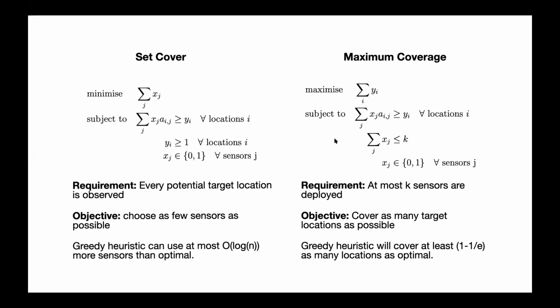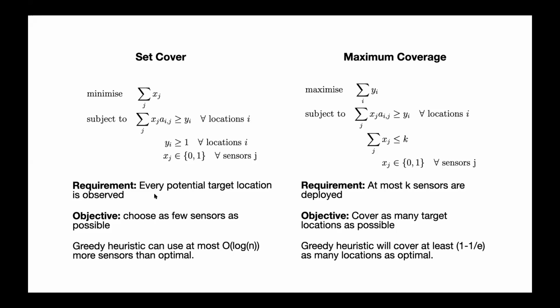So once you've done this, you can imagine you have a set of discrete locations that you want to detect your transmitter from, and a set of discrete locations you can place your sensors. And then you can write down these two optimization problems, depending on what you're after. So one over here is the set cover problem. Here, the requirement is that every single location be covered by at least one sensor. And that happens right here in the program. So these are just the integer programs for these two standard problems.